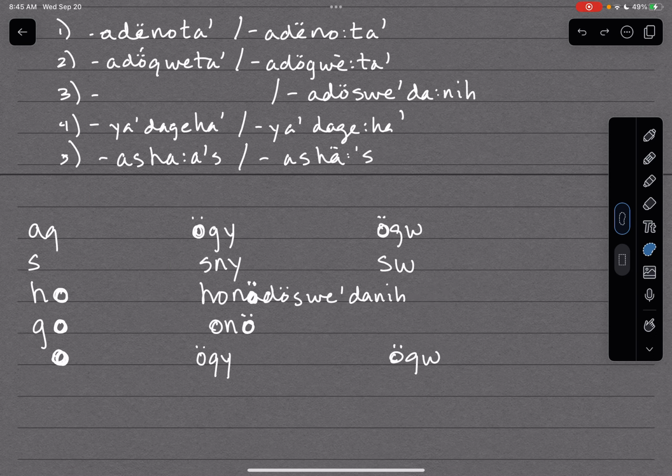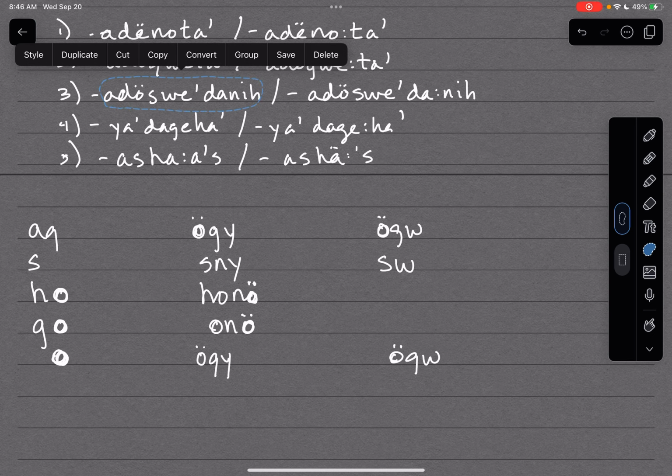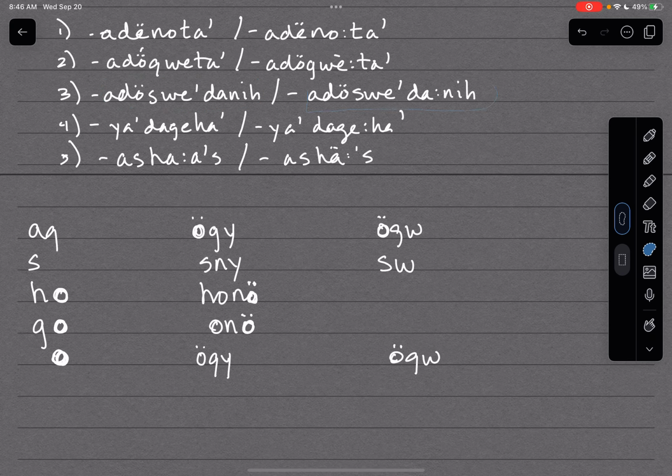Honondo sweet dani. Onondo sweet dani. That's going to be the same one here as well. Here and here. Honondo sweet dani. Onondo sweet dani. Onguado sweet dani. We kind of did these ones too. Onguado sweet dani. So all those ones are going to have just the dani. They're not going to have that. Dani. All right. But if we go to the other one, by itself,